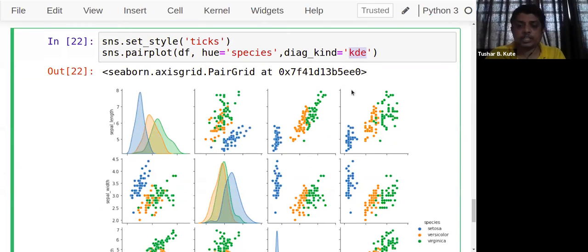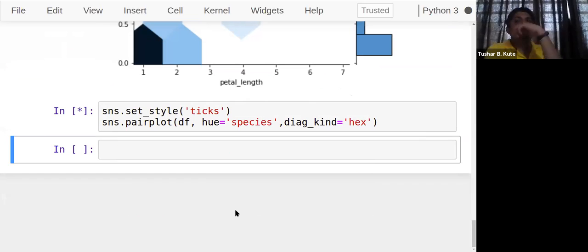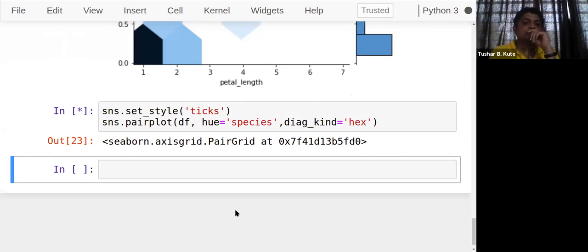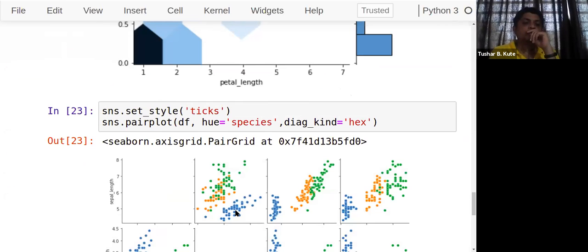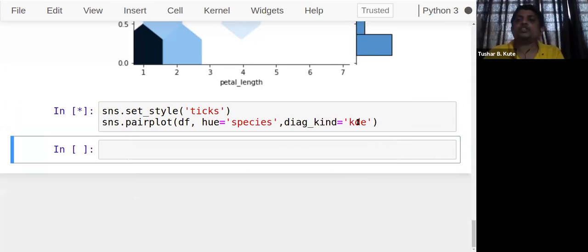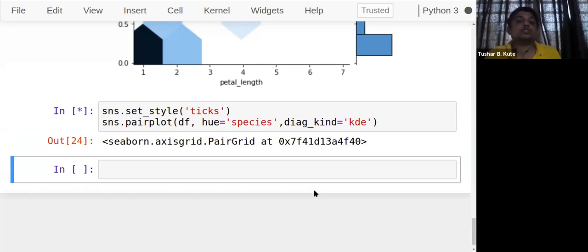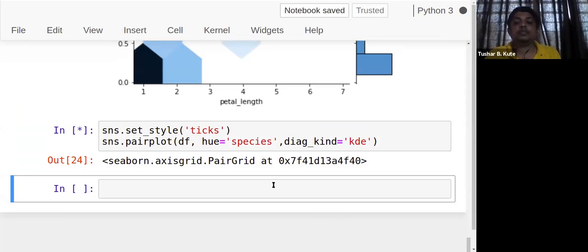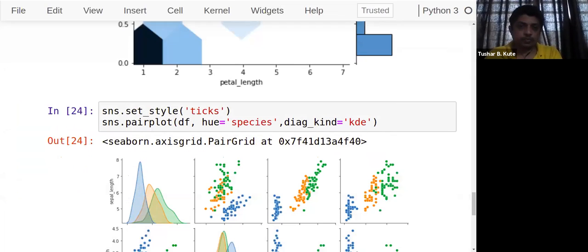Or I can use hex at the diagonal. So this pair plot, okay, it's not shown there. Maybe the data distribution is not up to the mark for the hex plot. That's why it's not showing. So let's use KDE at the diagonal.